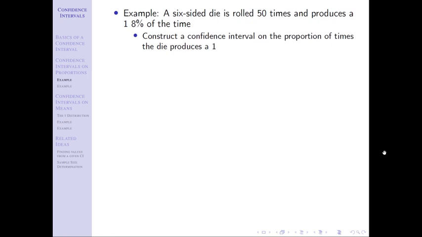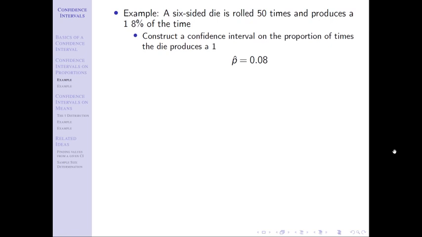This is a proportion problem. That's clear in the setup of this because I'm saying that I've done something and I have a certain number of successes and a certain number of failures. I'm successful 8% of the time, I'd fail 92% of the time, right? And when that's that type of setup, we say we have a proportion problem. And so my best point estimate for a population proportion is the sample proportion. Sample proportion p hat is just going to be take that 8% of the time I was successful in my sample and convert it to decimal. So I start off with my point estimate, p hat equals 0.08.